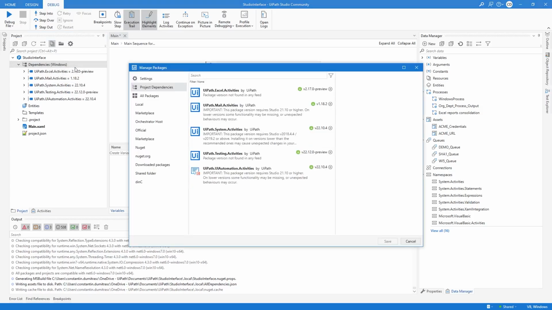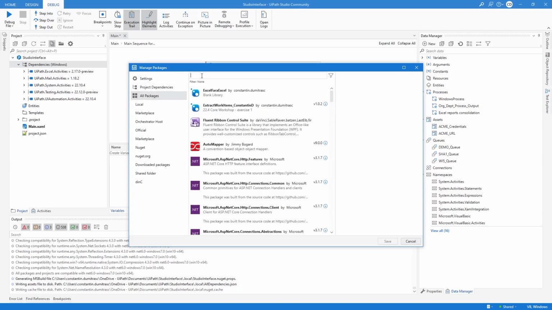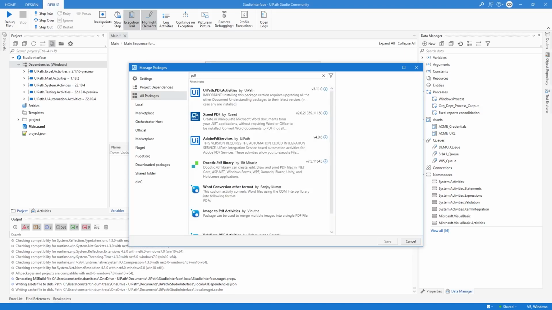This opens the Manage Packages window with the Project Dependencies category. The green round icon shows which packages are currently installed. To add dependencies, we need to select All Packages first. Here we can search for new packages to add to the project. Please note that the available packages differ depending on project compatibility. Let's search for the PDF activity package and click